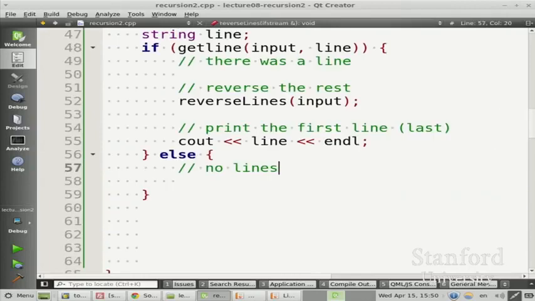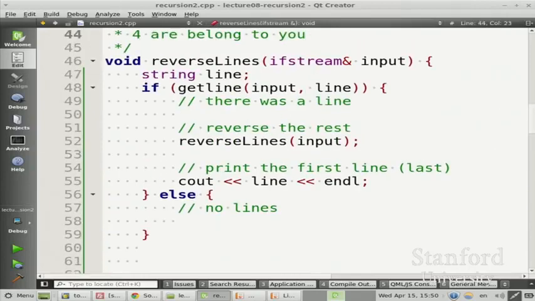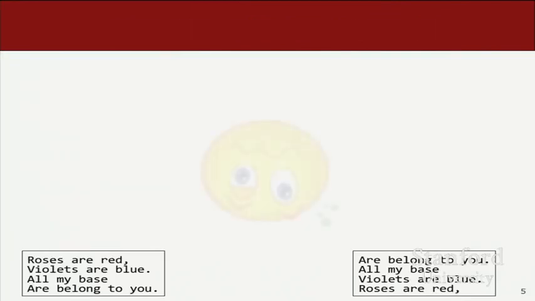What else? Any other questions about this one? Okay, well,